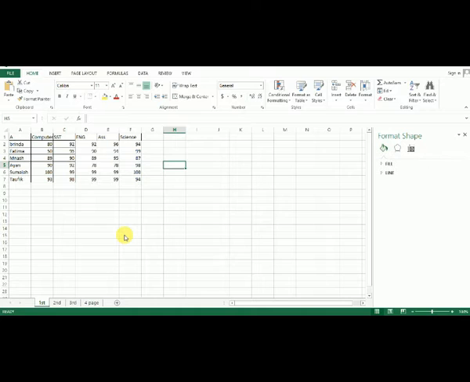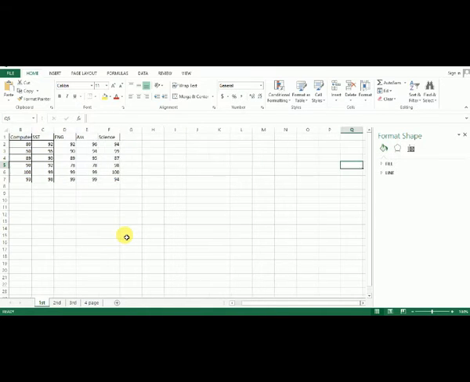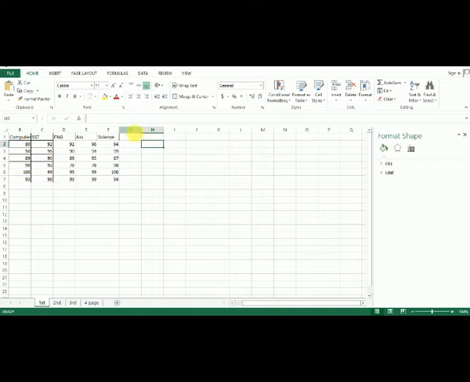So by default, when you add more data to your spreadsheet, the chart may not include the new data. I want to add new data to the chart. So suppose the subjects are computer, SST, English, Assamese, science, and now Hindi.